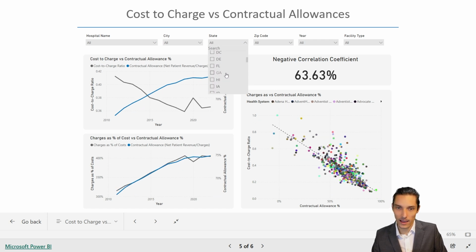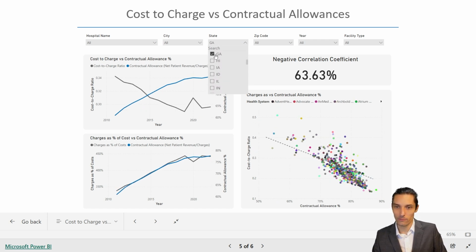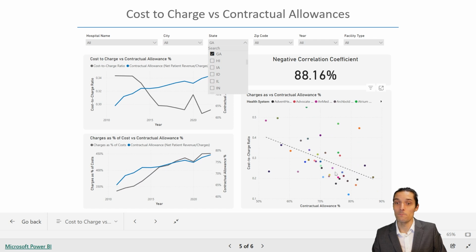If we look at another state like Georgia, for example, that is more correlated and there's a higher correlation coefficient here, even though when you look at the plot below, there's certainly a wide range in terms of cost to charge ratios and contractual allowances for all the hospital systems and health systems